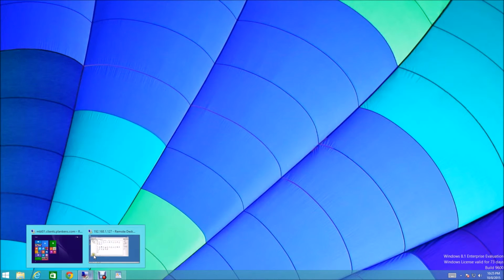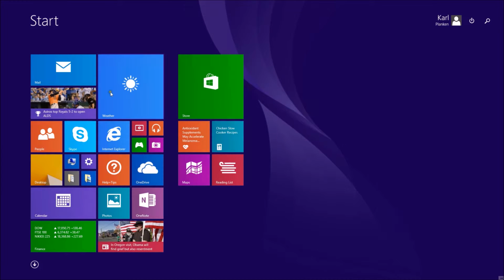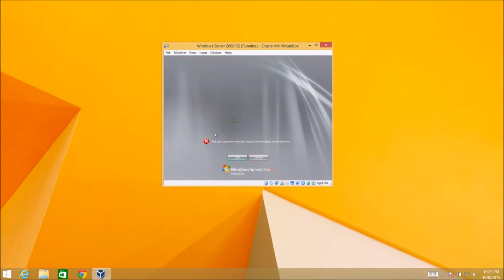So we're going to minimize this now, and we're going to go into our server. Well, I mean not really server, but our client, which is hosting our server. We're going to set a password for it. Oh, whoops. Sorry about that, you guys. Okay, so while it is changing the password, we're just going to wait here and wait for it to prepare